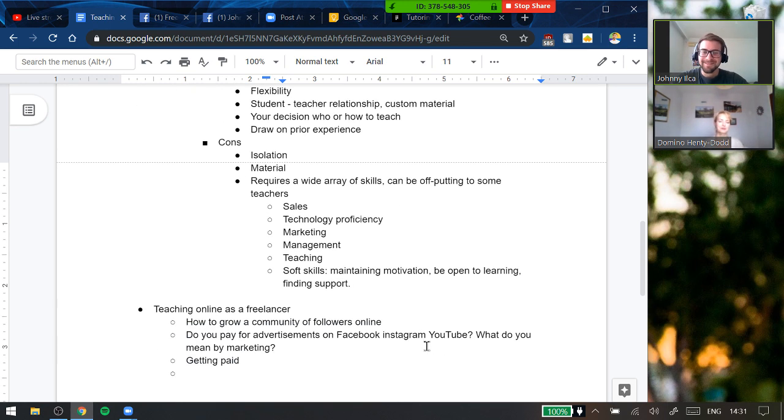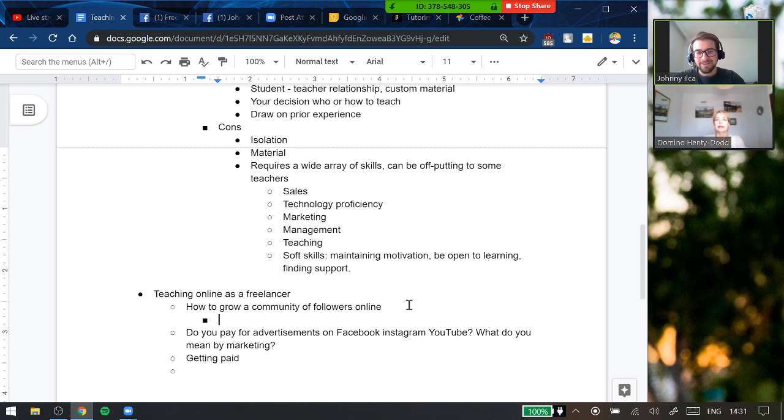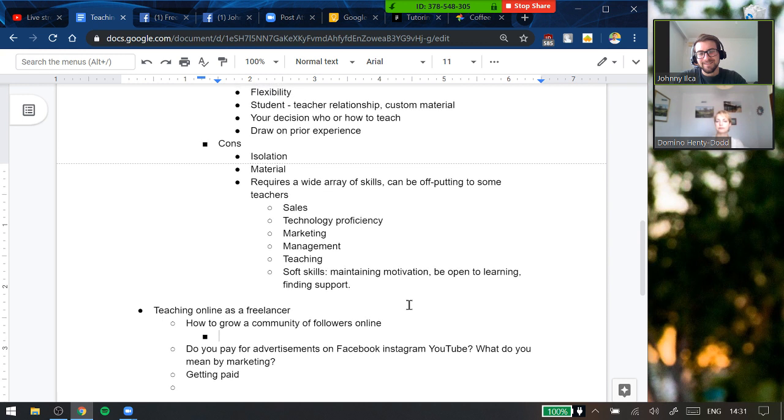So moving on to the next bullet point. I think this is the comment that you posted: how to grow a community of followers online, right? Did you want to elaborate on that a little bit? Yeah, because I don't have any email addresses other than the few students that I have, and I want to get myself out there in advertising.